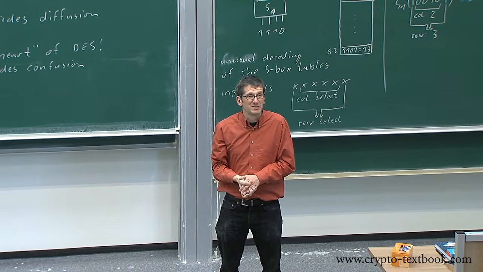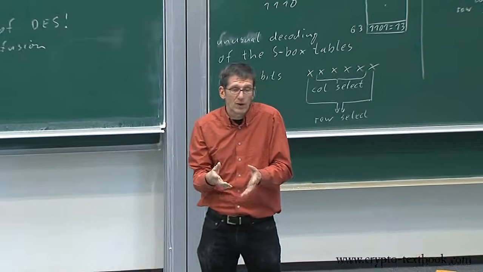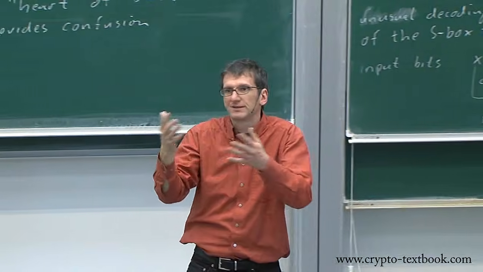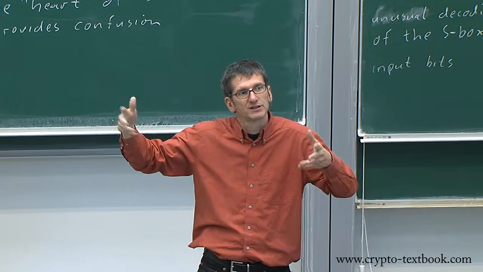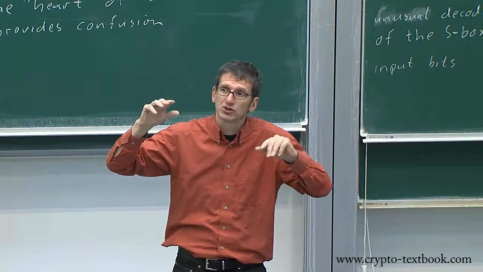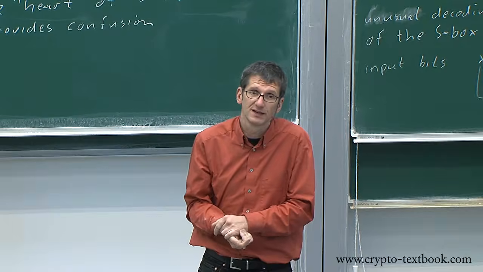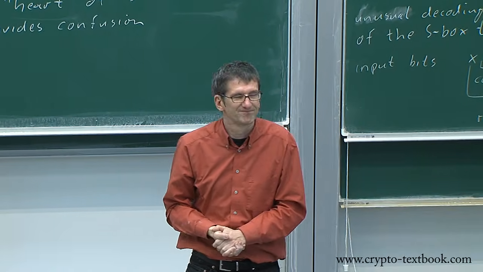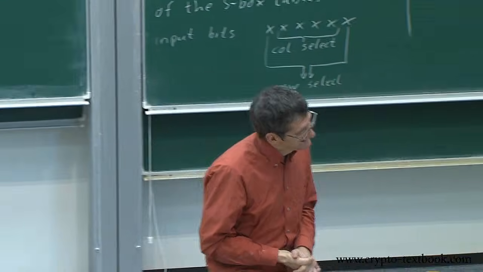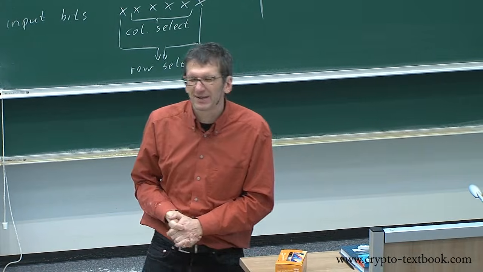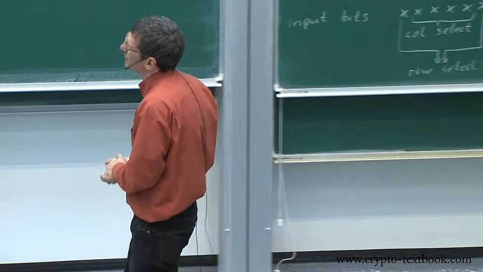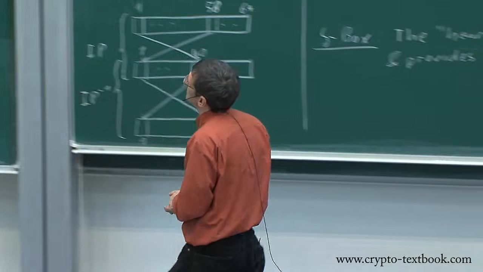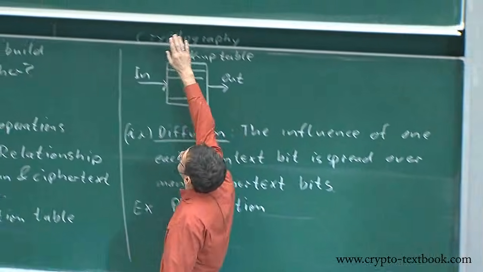People said, please tell us, why did you choose that table and not a different table? Out of the millions and billions and trillions of tables that you could choose, why these specific 8 tables? And IBM said, because it's secure, trust us. Okay. And people didn't trust IBM. They might have trusted IBM, but people were worried that it wasn't done by IBM alone, but that it was done by IBM